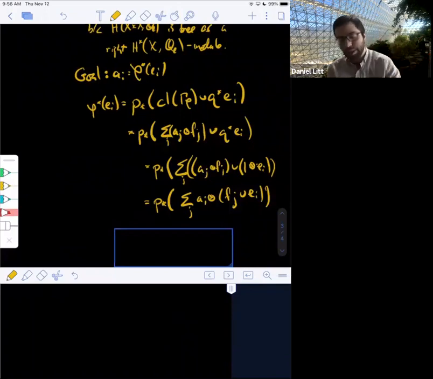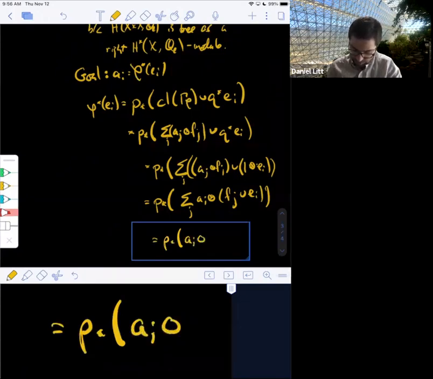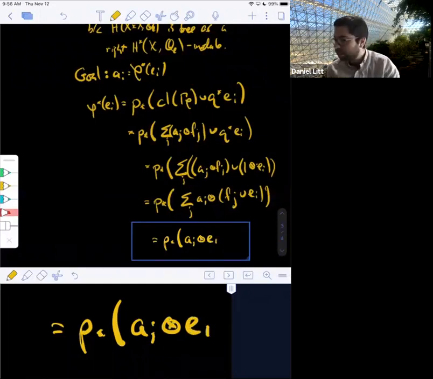That's right. So the point is that FJ and EI were by definition dual bases, right? So we just chose FJ to be the dual basis of EI. So that means that everything disappears except for the term where I equals J. So we get P star of AI tensor EI, sorry, to AI tensor, sorry. So what is it? When you cup these things together, what you really get is